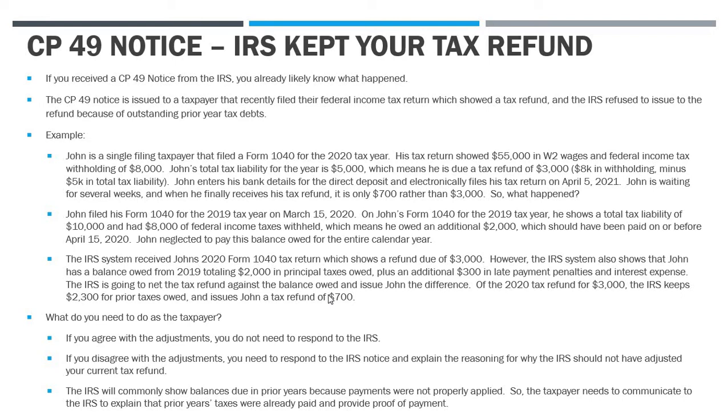Now, in practice, what I see happen, unfortunately, fairly often is the IRS will show that you owe taxes in prior years because payments you made weren't correctly applied to your account, or they weren't correctly applied to the appropriate year. And so that's why the system gets all out of whack, and they can show that you owed money when in fact you didn't, and you've already settled these debts, and so they start taking refunds from subsequent years. You don't want to find yourself in that position, so you need to get in touch with the IRS, respond in writing, and call them, and try to clarify what's going on and see that their system gets updated appropriately.